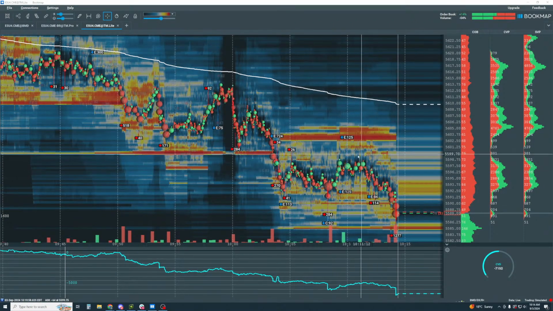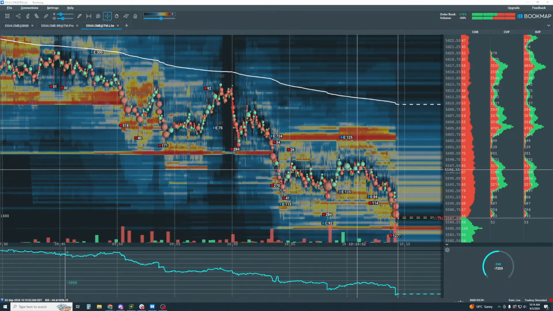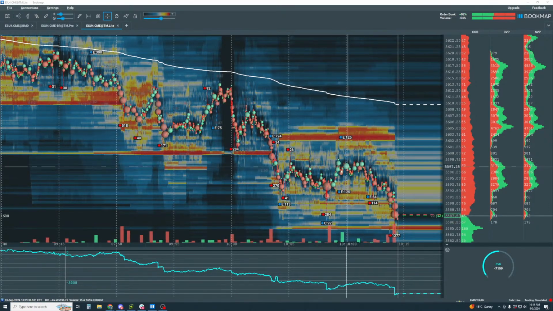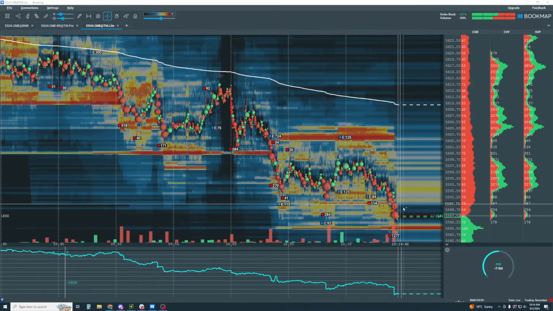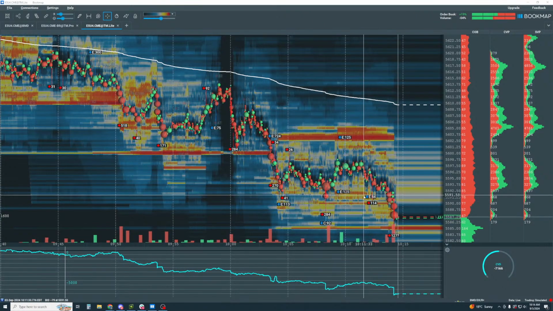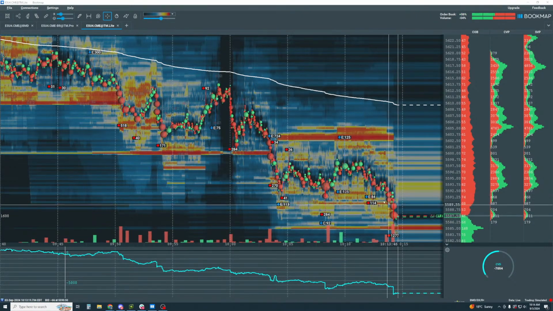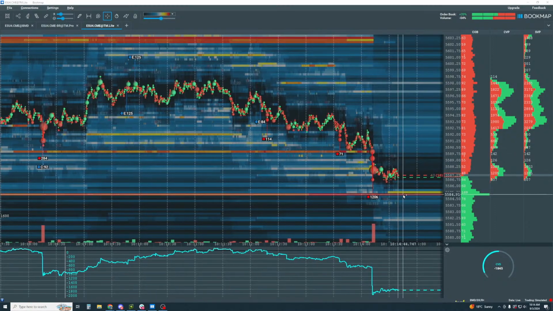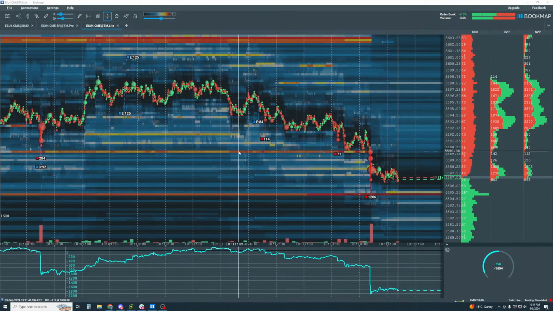What we're looking for is these pockets of buying to start to come back in. It's just a little bit here. Now it's not bad, but I mean, look at the bars. Look at the dots in color. It is still dominant here on the sell side. And again, more sellers just coming in right now. So let's see if they can take it down into this high liquidity here at 85.